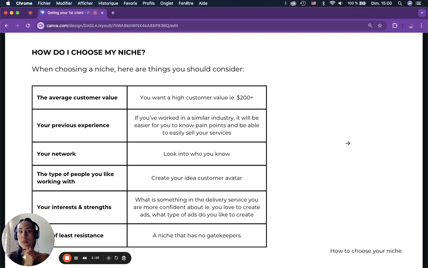So for example, orthodontists, dentists, how much does their average customer pay for their service? If you do orthodontists, it could be more than $1,000. If you do dentists, and you're helping them with teeth whitening or teeth cleaning, it could be upwards of $200 depending on where you live. So you want to choose something that's high. I wouldn't go for anything below $1,000 personally,